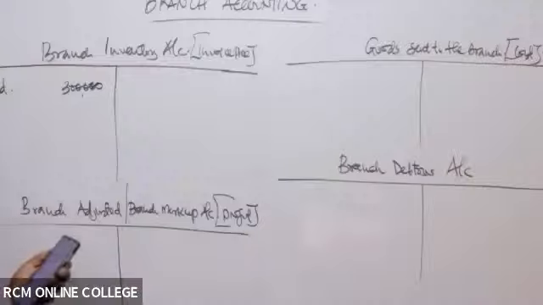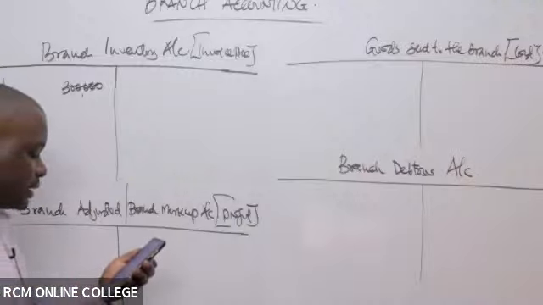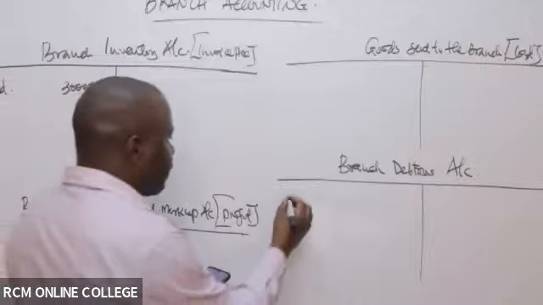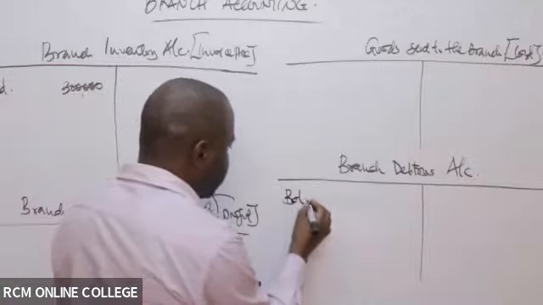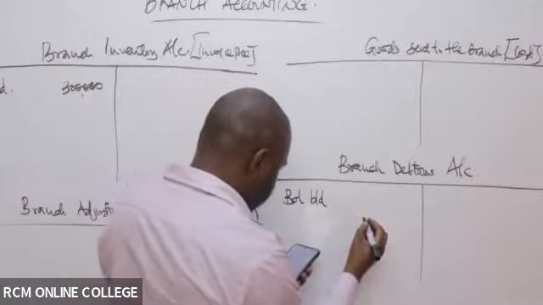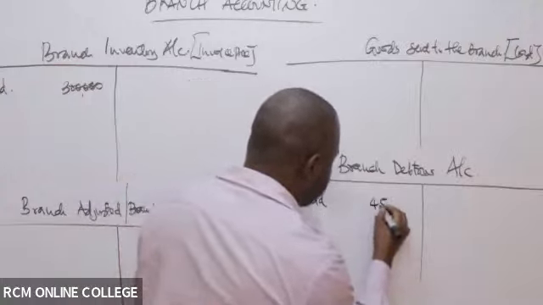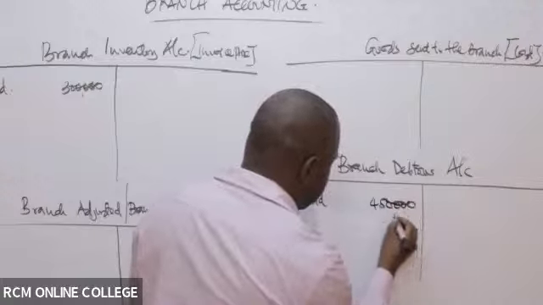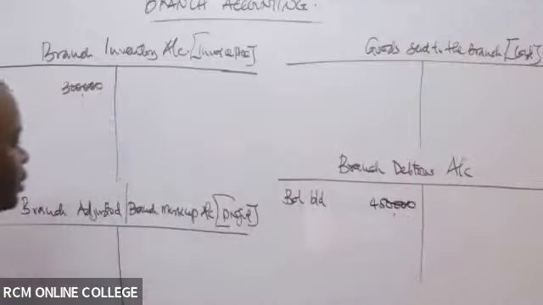Then also in this case, you're being told that the branch debtors balance brought down at the start of the year is actually 450,000. So you have the balance brought down, in this case, for the debtors is actually 450,000. But now remember, in this case, we're having to say that